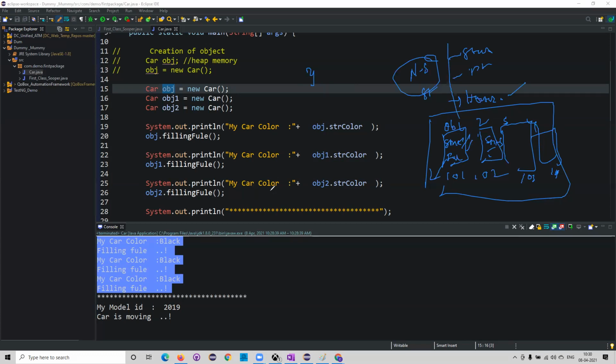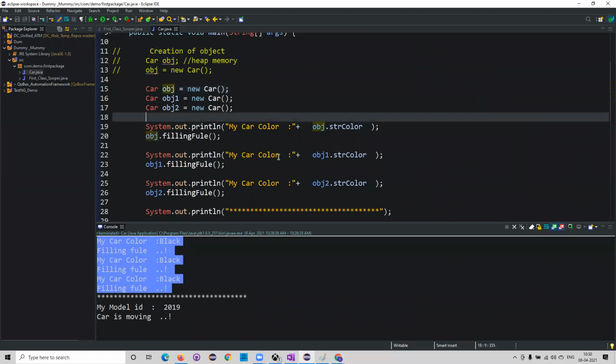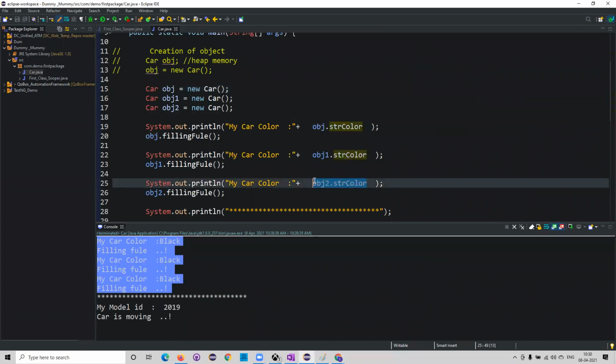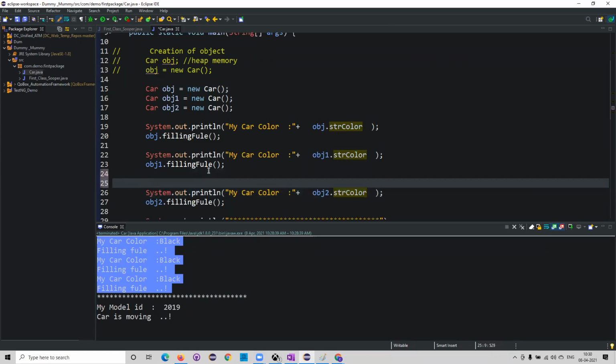Now you have seen it, right? I told you we wanted to perform some more exercises also. So what I'll try to do is take this particular object's color. Here I'll define this, equal to, what is my color? Black, right? I'll try to change this one to red.